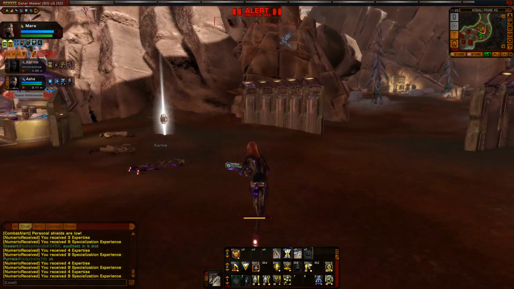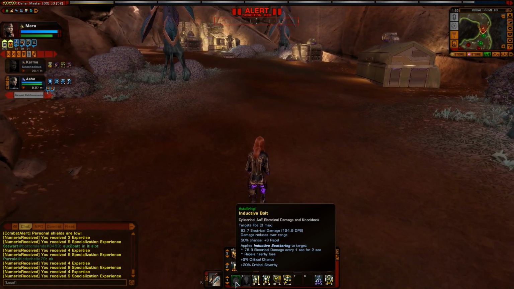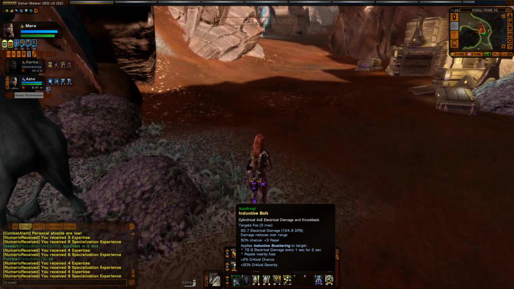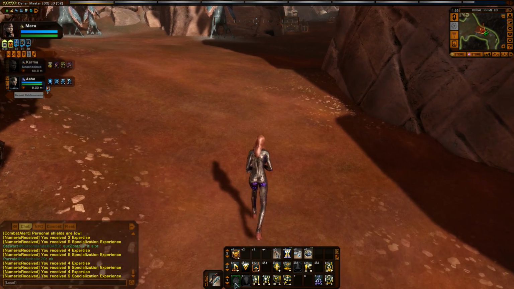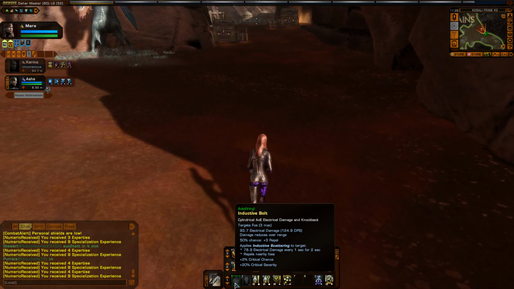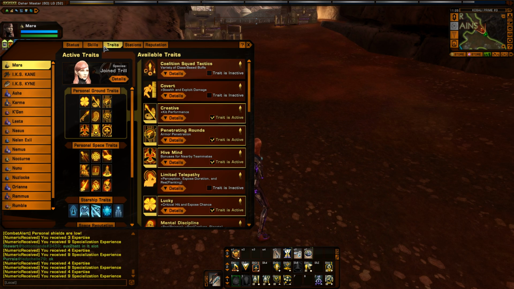All right, so there you go, guys. That is the Sompek Pulsewave. I have to say, I'm very intrigued. I didn't think I'd ever be interested in a Pulsewave weapon because it's just generally not my style. But I see some potential here. The damage over time is decent. I wonder if there's some other traits that can trigger off the damage over time, like, I'm